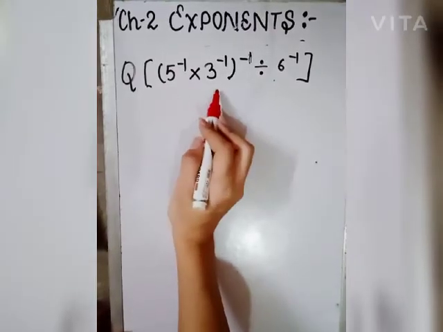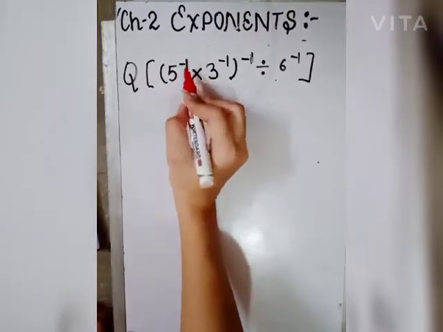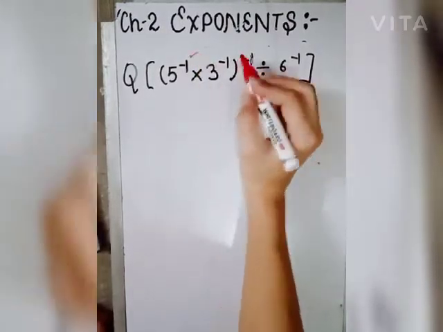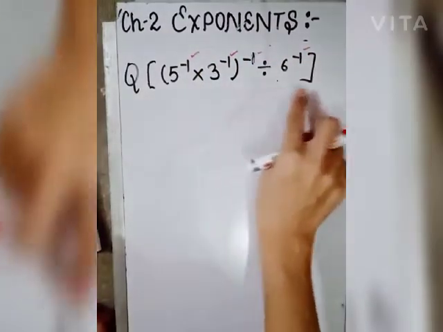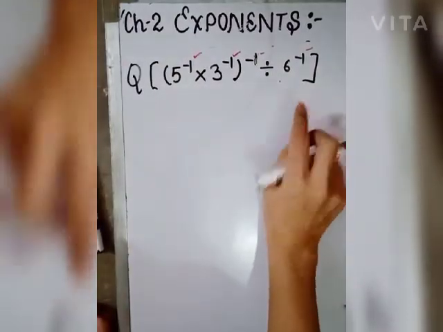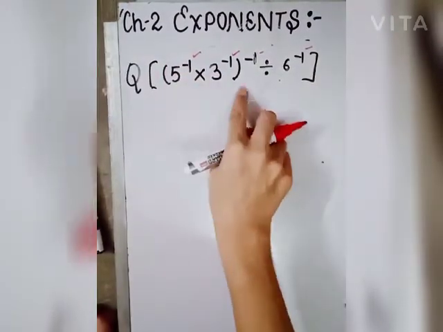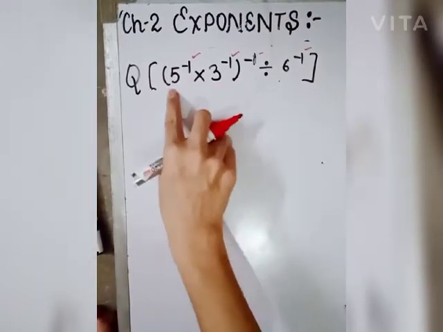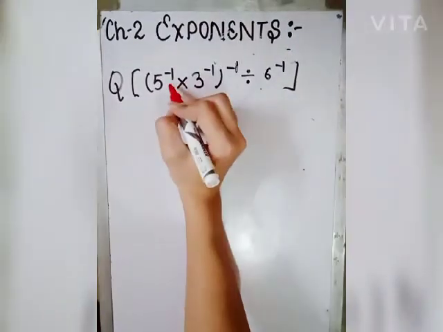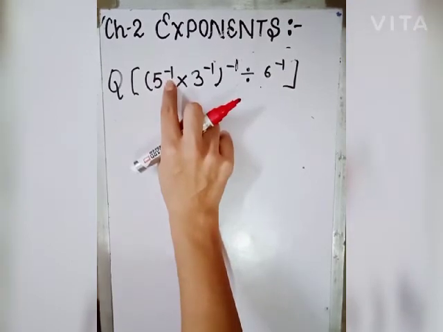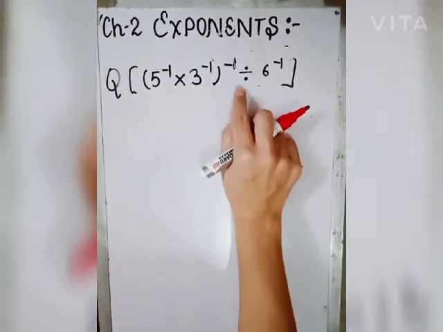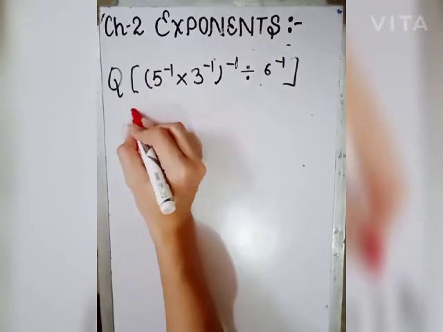Look at this problem here. Here again the powers are negative. These are negative integers. Change these powers into positive. We will start solving with the round bracket. First we will solve the digits inside the round bracket. What you have to do is just change the negative power into positive. The negative power of every digit we will change into positive.